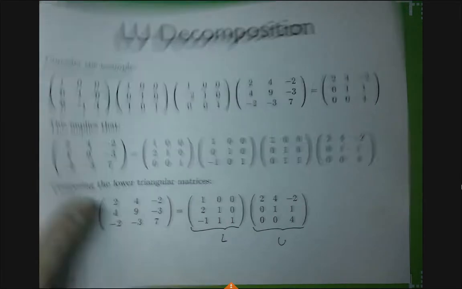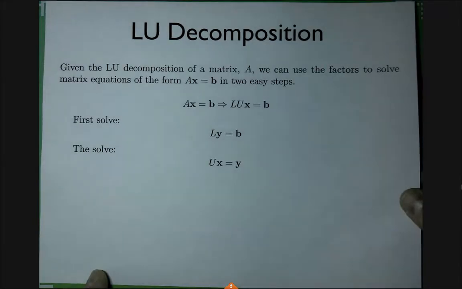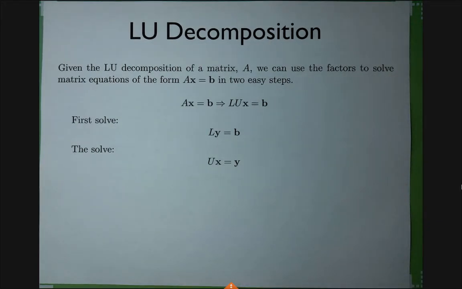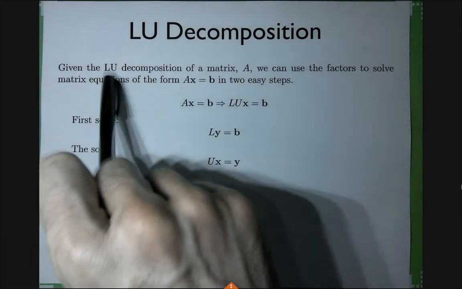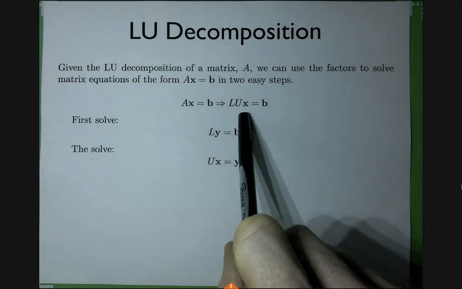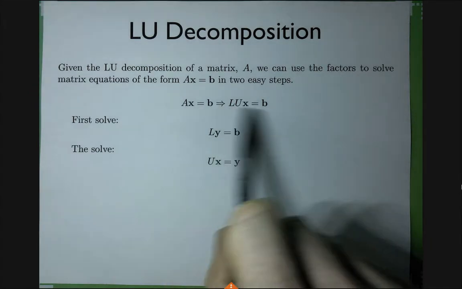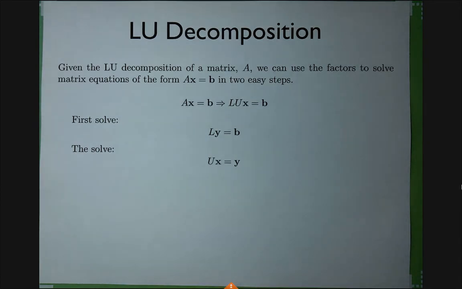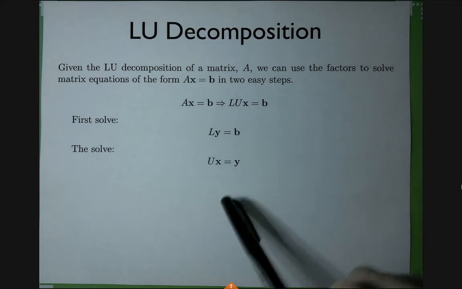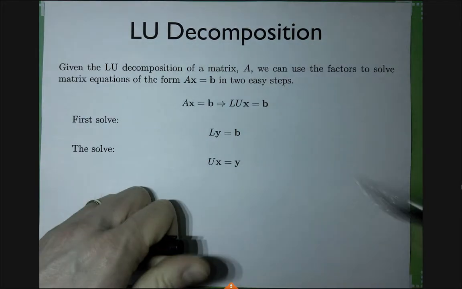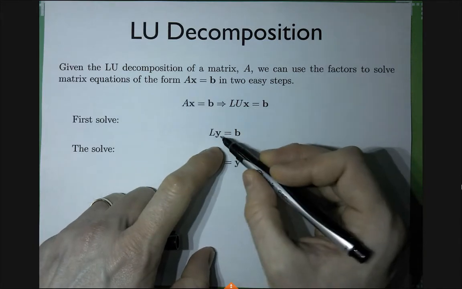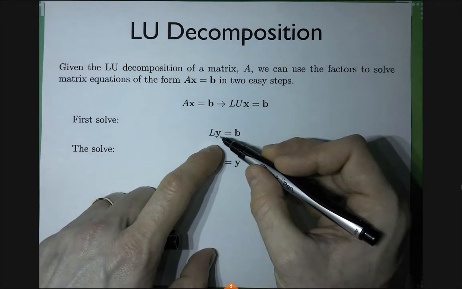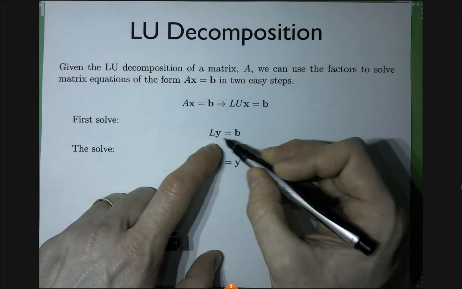So if somebody gives you the LU decomposition of a matrix, like MATLAB, for example, it's already trivial to solve a system of matrix equations of the form AX equals B. Or another way, if you know the LU decomposition, solving systems like this is easy. Because if A is LU, you can do the following trick. Remember this trick, because this trick is very common in numerical linear algebra. So the trick is that you basically introduce a substitution. You introduce this helper or auxiliary variable y, and you first solve for Ly equals b.